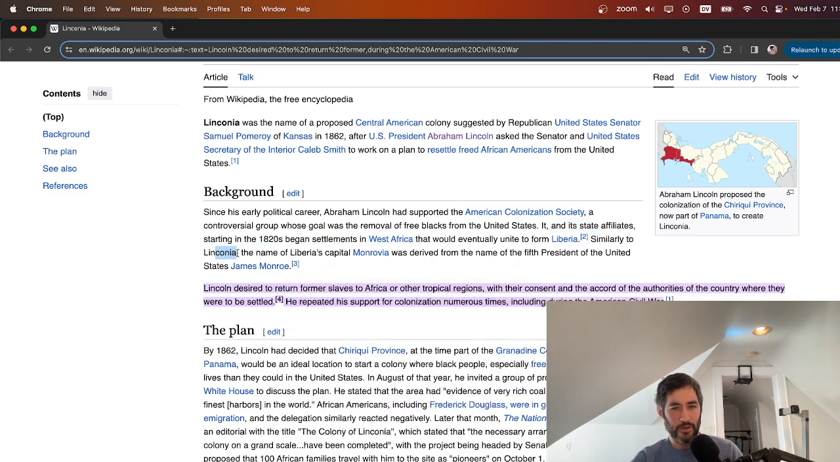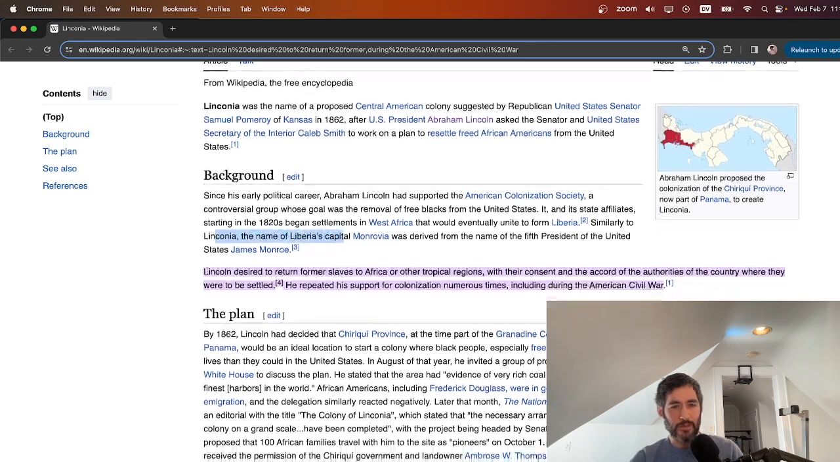Similarly to Lincolnia. All right. Lincoln desired, at this point in his political career, to return former slaves to Africa or other tropical regions with their consent and the accord of the authorities of the country where they were to be settled. He repeated his support for colonization numerous times, including during the American Civil War. We don't remember this part of American history, right? For the most part, we think of Lincoln as the man who freed the slaves,